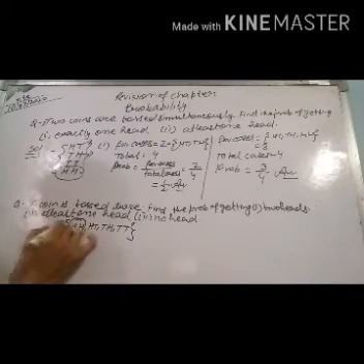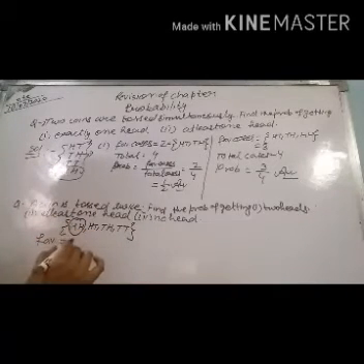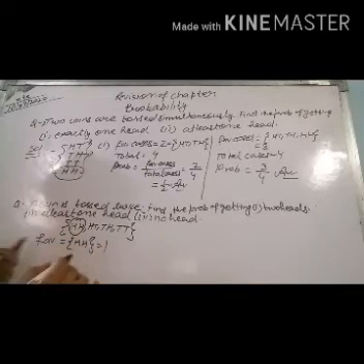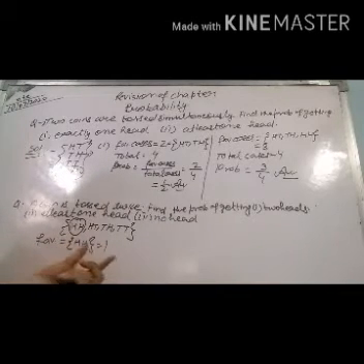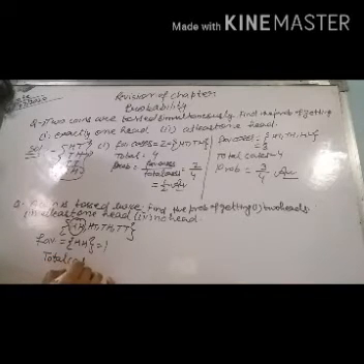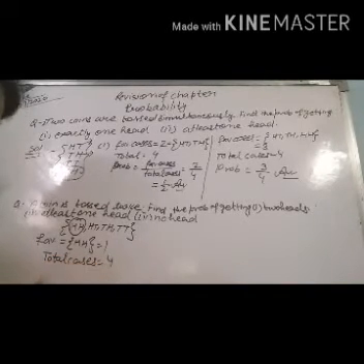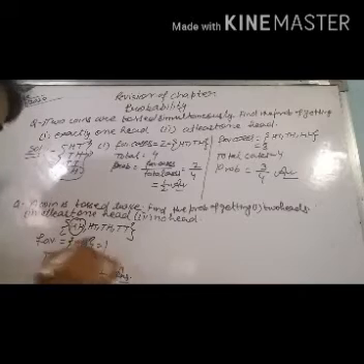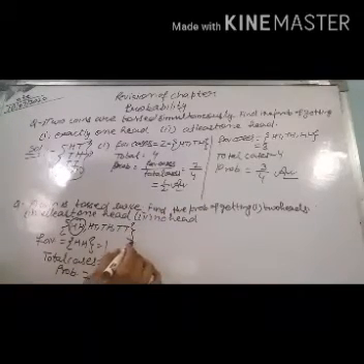In how many cases do we have two heads? Only in a single case, that is HH. So how many cases are in our favor? Only one case. So favorable cases is equal to 1. And how many total cases do we have? Total cases is equal to 4. So what will be the probability in that case? Probability is equal to 1 divided by 4. So this is the answer according to this first part.